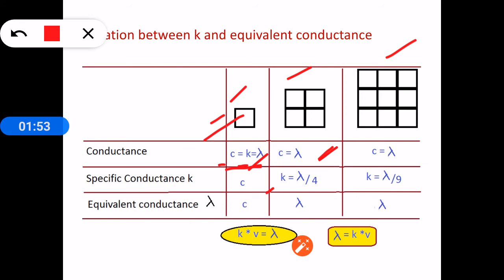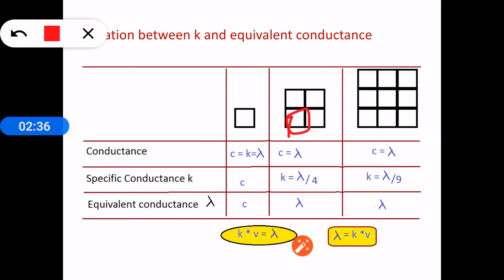So here 4 cc solution is there. Now 1 gram equivalent weight of substance is uniformly distributed in the 4 cc, but we want the conductance of only 1 cc, or any one of the cubes, that is, the electrolyte solution present in only one cube. The electrolytic solution is distributed uniformly among the 4 cubes and whose conductance is lambda. Now the conductance of only one cube will become 1 by 4th of the total conductance, lambda, because all the ions are distributed among the 4 cubes.